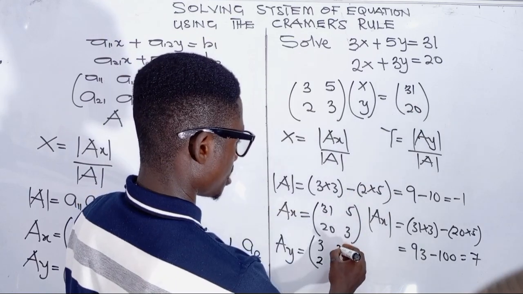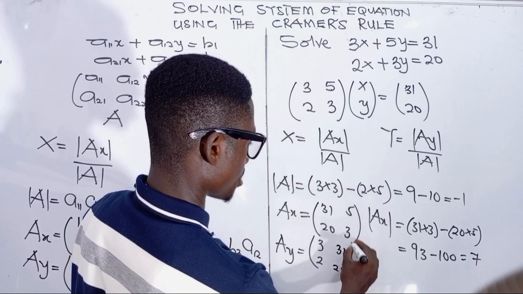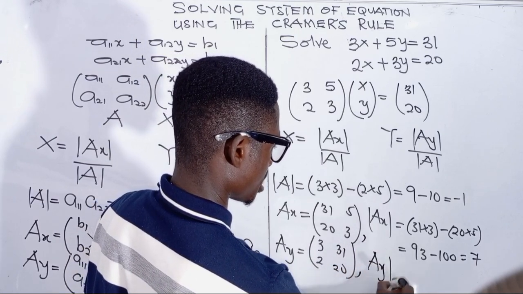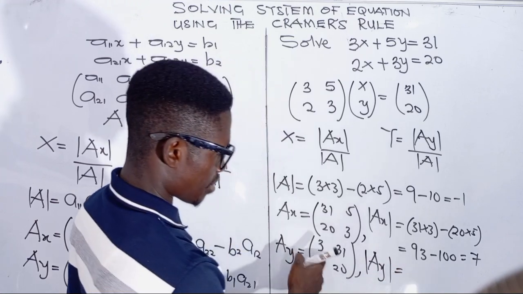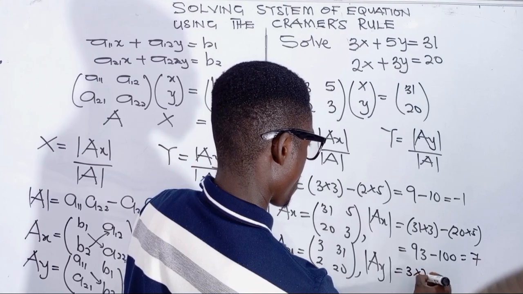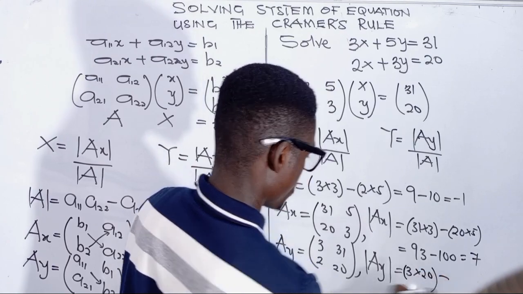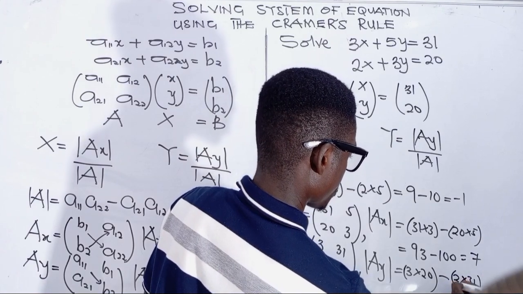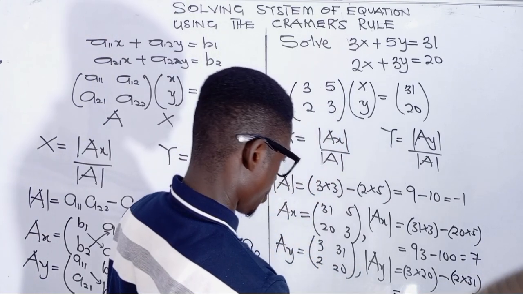So we have 31 and then 20. Then we can find our determinant of Ay. So we have 3 times 20 minus 2 times 31. So when we simplify, we are going to have,